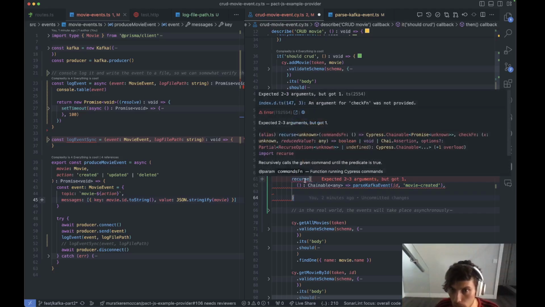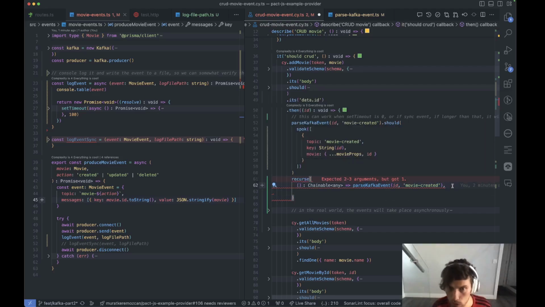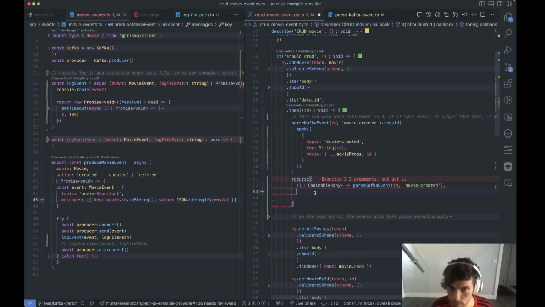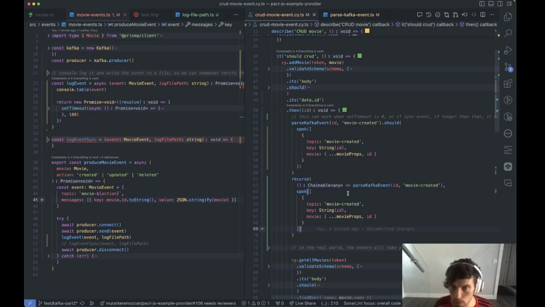And does it have what we're looking for? Okay, a command function and then the check. So command function is this, right? The check function will be whatever this is. So this is how we can easily convert a regular assertion into a spok assertion. And this part into a recursion assertion. And this part can change, like you can do your simple thing there. I like to use spok because it's very concise.